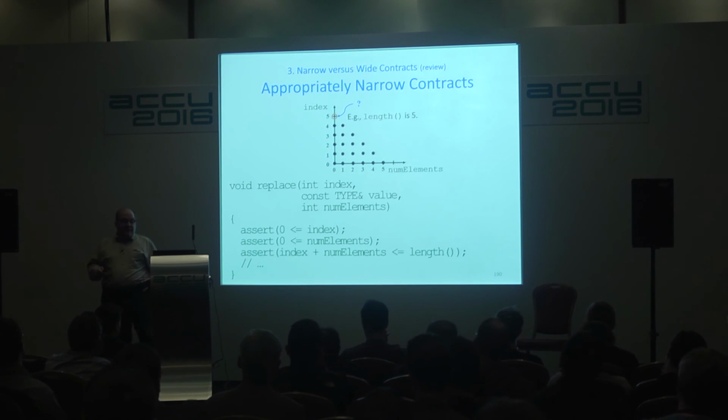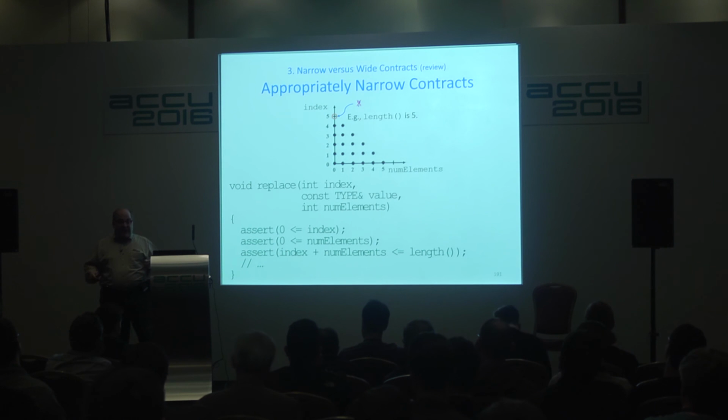So here's an example of what the assertions would look like for this. 0 less than index, 0 less than num elements, index plus num elements less than or equal to length. You would have to go out of your way to check this last thing, and then somebody else would have to go out of their way to check it on the other side. So it turns out we wouldn't do this. We would just say, that's fine. You're not going to try to make it as narrow as you can. You should make it narrow to the point where it obviously has clear meaning,